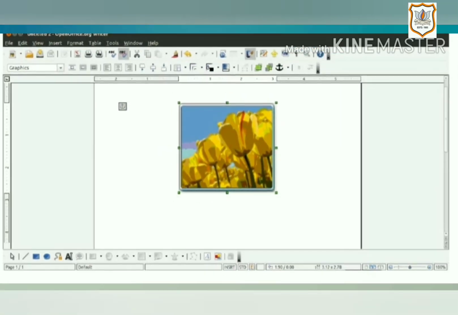For example, in OpenOffice Writer, we can insert a picture by going to Insert Picture. The picture used can be a file already present in the computer, or we can scan the pictures using a scanner and convert it into the digital format. We can also make changes to our images by using programs like Adobe Photoshop, GIMP, MS Paint.